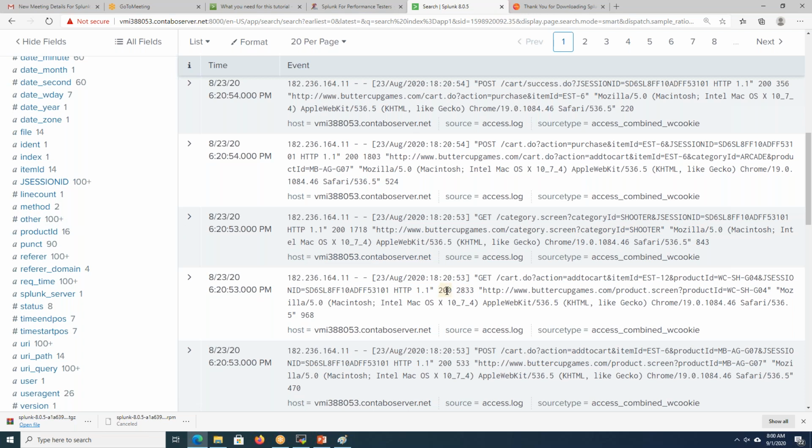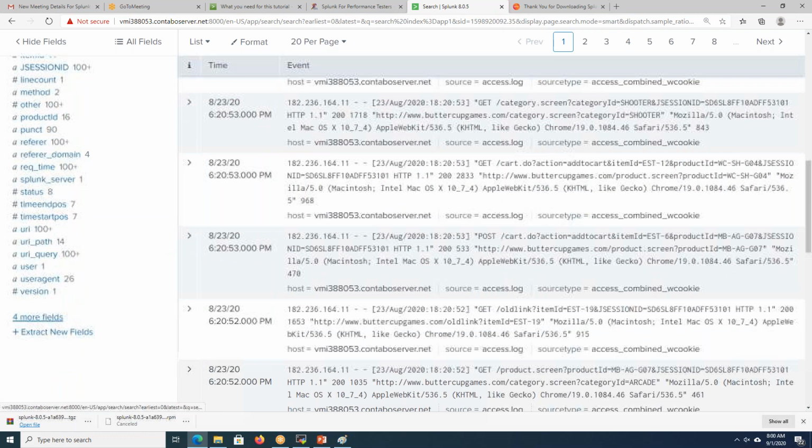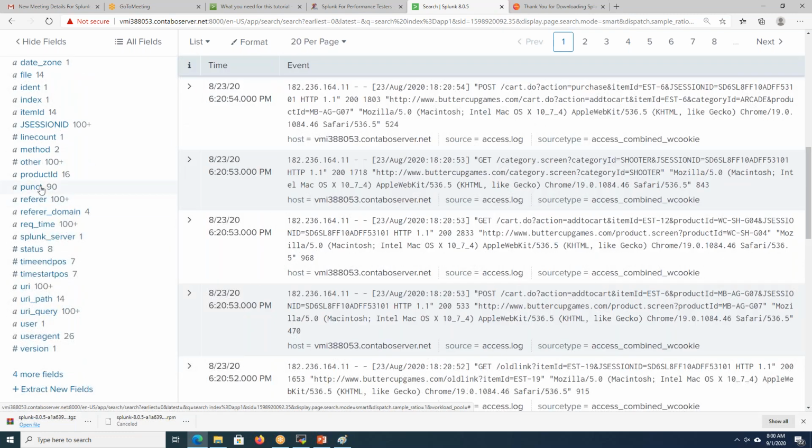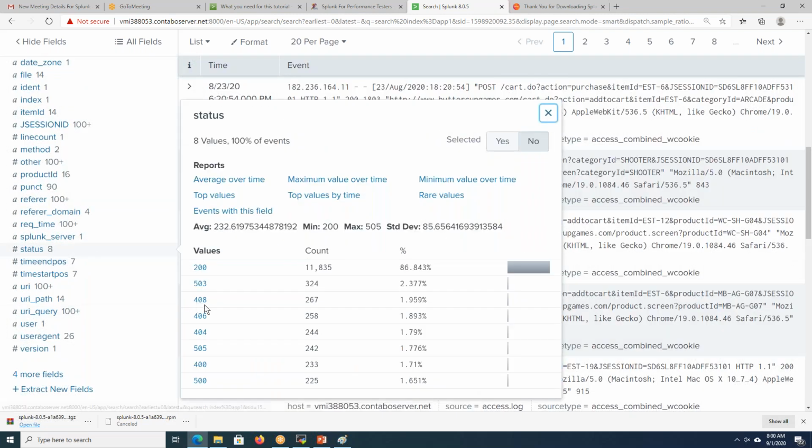Here you see this 200, right? Is it a key value pair? No, there is no key value pair. It is just displaying the status code. What I told is, if we have a key and value, then Splunk will recognize the data. But here I am getting the status, but there is no key value pair, because this happens based on the source type.